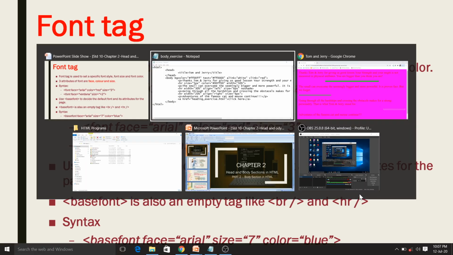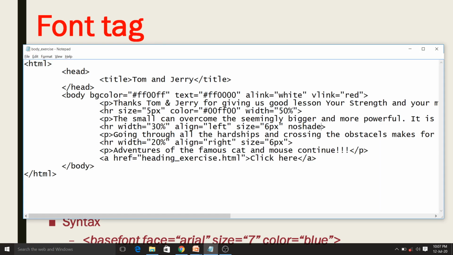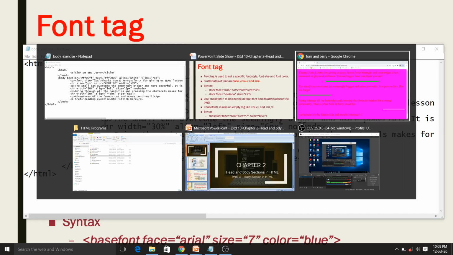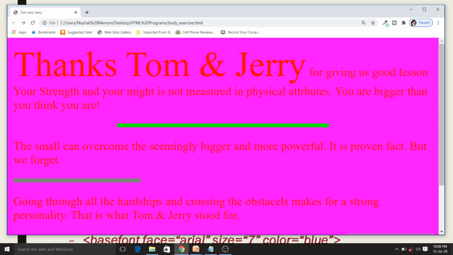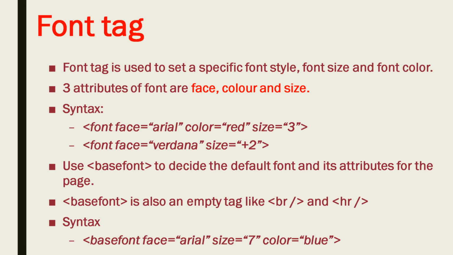Here we will set it. Here I am using the font tag. I have to open the font tag, and here I will close the font tag. And in the opening tag I have to specify the attribute. Like I am specifying size equal to the maximum size, 7 pixel. Even if I specify any other size more than 7, it will take the maximum size, that is 7 only. So you can see here font with size 7. Then we will see the face attribute, which specifies the type of font you want to use in your document.